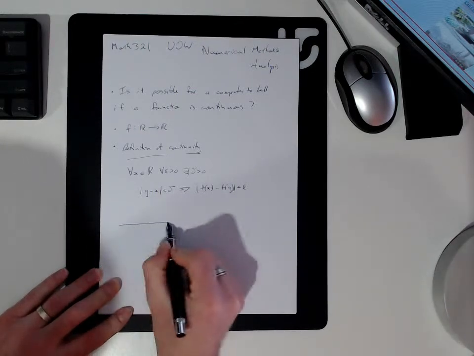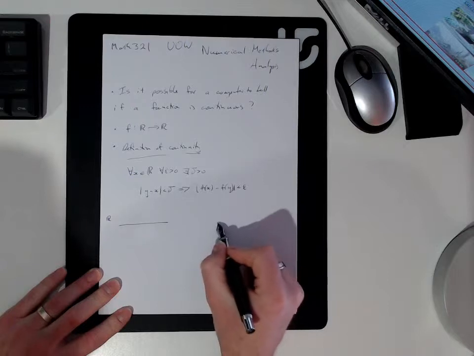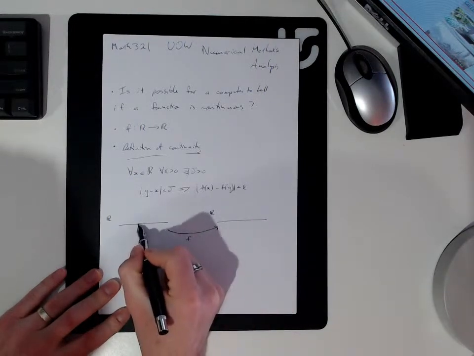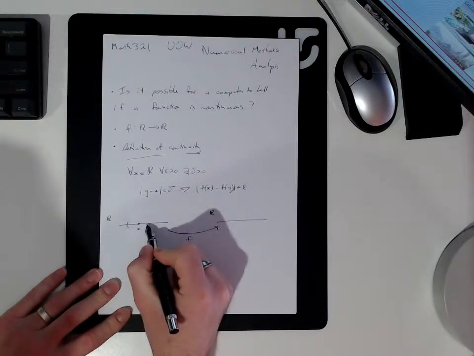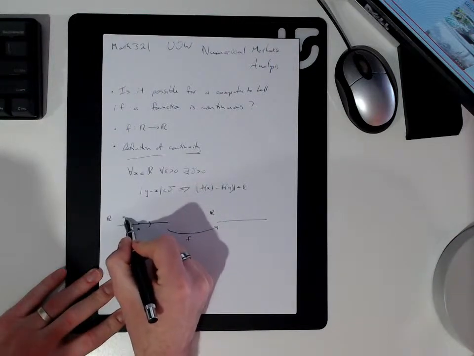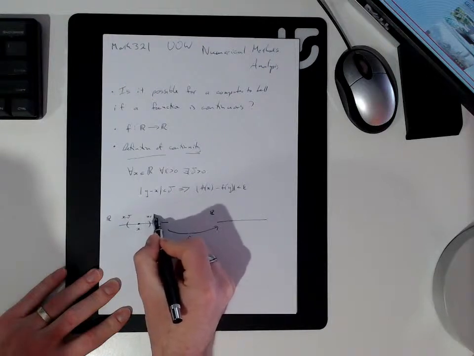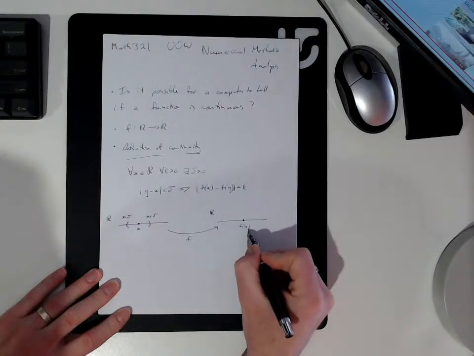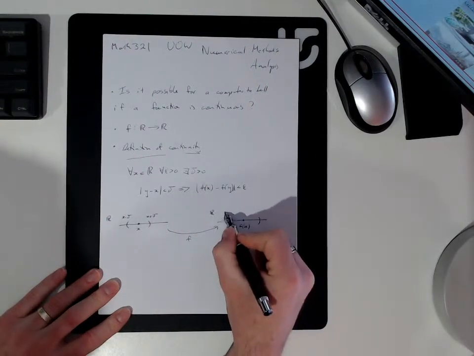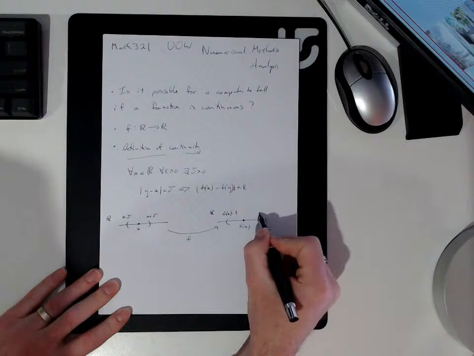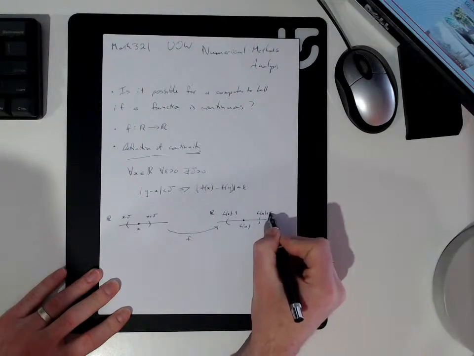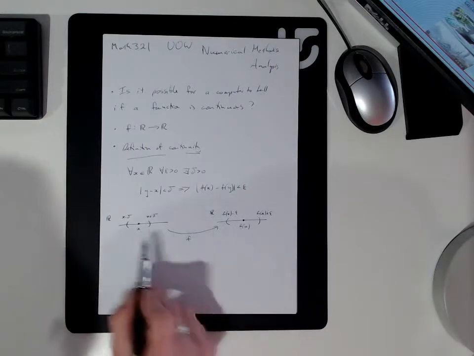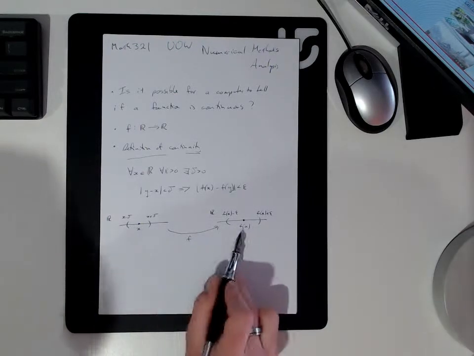One way to think about it is, here's our copy of R, and here's another copy of R, and our function f maps between them. Here's our point x, and we have some interval around it, x minus delta, x plus delta, and that interval gets mapped into the interval. Here's our f of x minus epsilon, f of x plus epsilon. So no matter how small this interval is, you can always pick an interval here so that f maps this